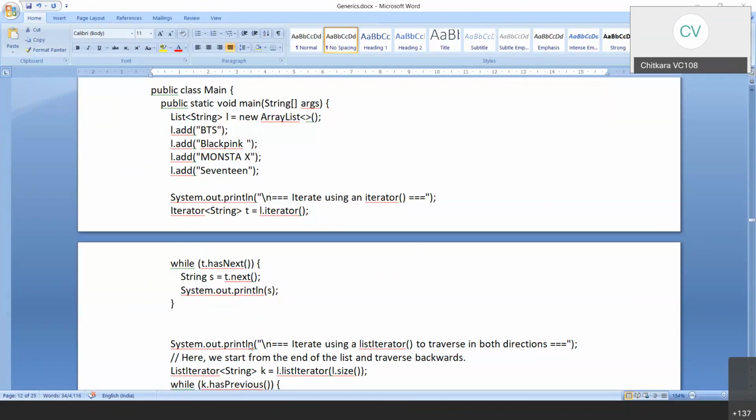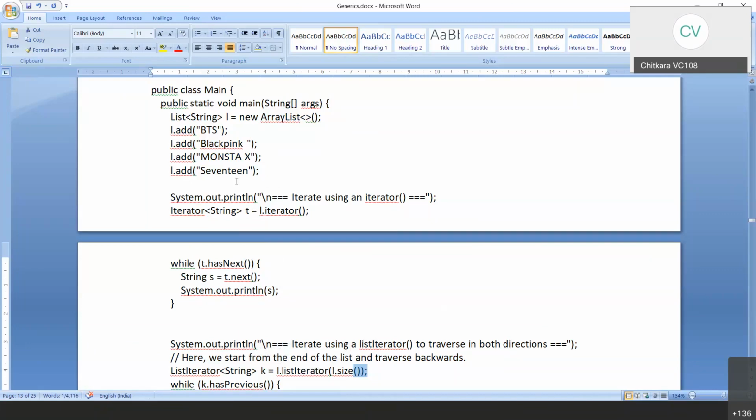We have already seen that this particular iterator provides hasNext and next. Now the question is how I can use a list iterator. I can use a list iterator similar to the iterator. On the left hand side, we have Iterator<String> t. Here I have ListIterator<String> k. In this list iterator, I mention the size of this particular list.